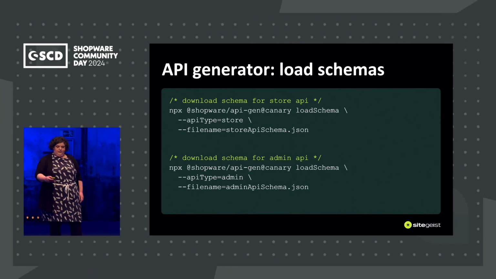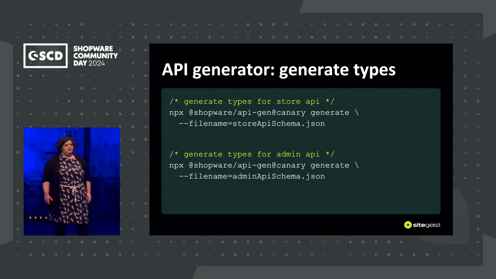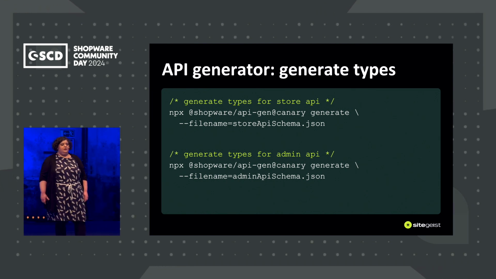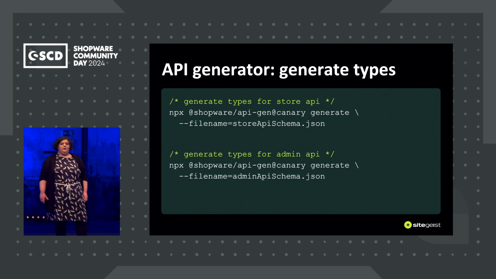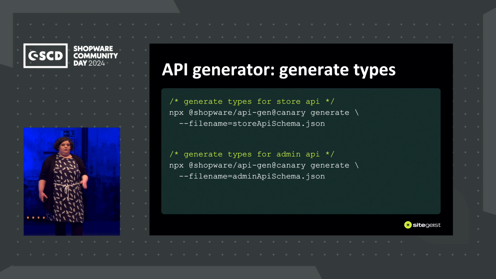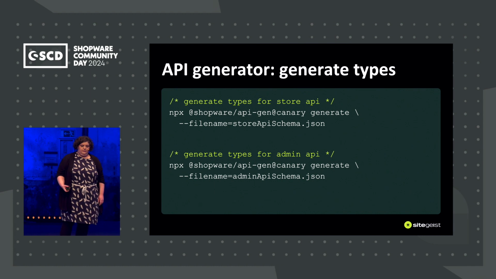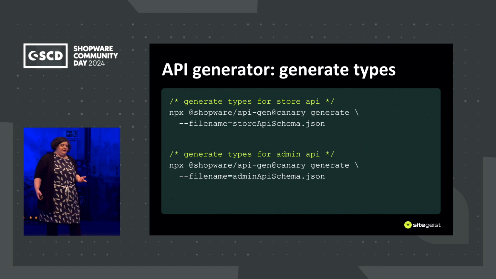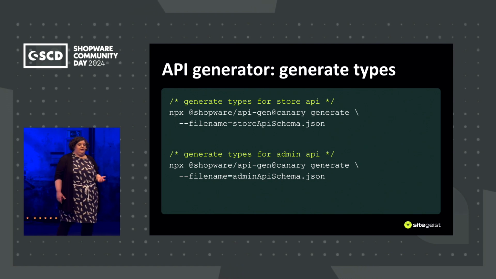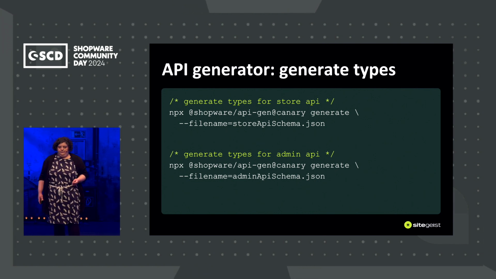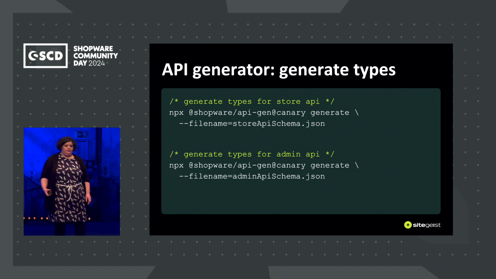Okay. If you have downloaded this file, then you can use the generate command. This has one parameter, it's a file name of the file from your local system. And this will generate all the TypeScript types for your whole Shopware, so everything which is available as OpenAPI documentation will be available. So also if you had OpenAPI documentation for your own plugins, it will read and generate it automatically.